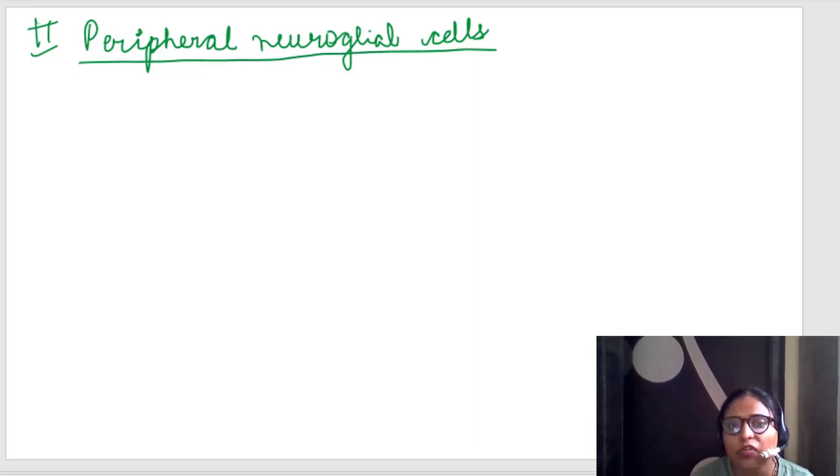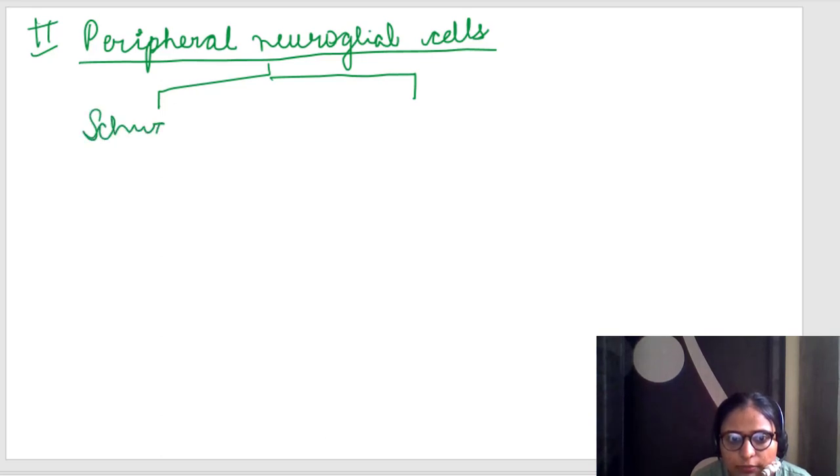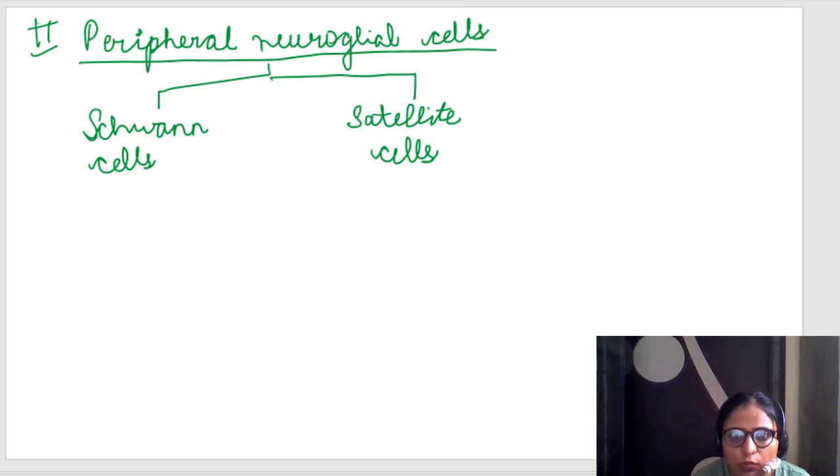Now if we talk about the peripheral neuroglial cells, they are again classified into two types: your Schwann cells and your satellite cells. Now we know what the Schwann cells do. They have the same function as the oligodendrocytes. So if we talk about the Schwann cells, they provide